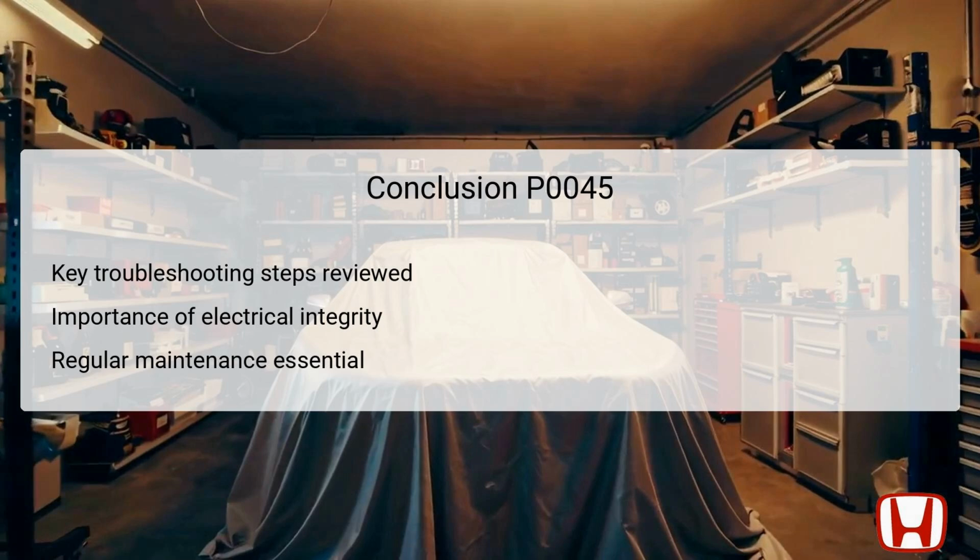Diagnosing the issue accurately can significantly impact overall vehicle performance, fuel efficiency, and emissions. By regularly maintaining the vehicle and applying the preventive measures discussed, owners can minimize the risk of encountering this DTC